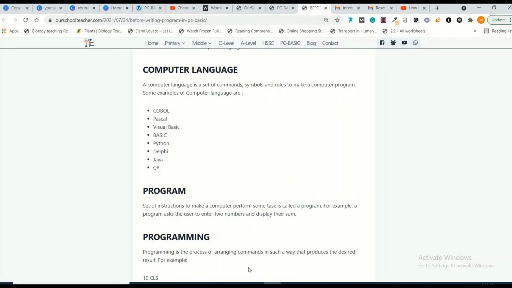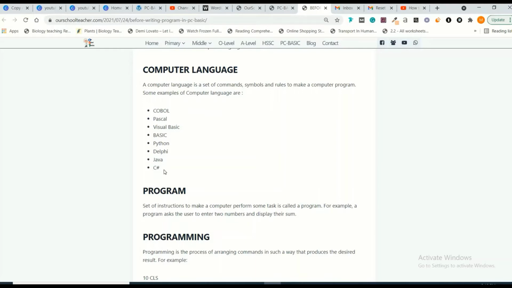For example, a program asks the user to enter two numbers and display their sum. Many programming languages are available. Examples are COBOL, Pascal, Visual Basic, Basic Language, Python, Delphi, Java, C Sharp, and there are so many others.